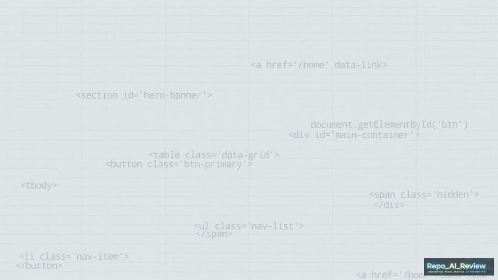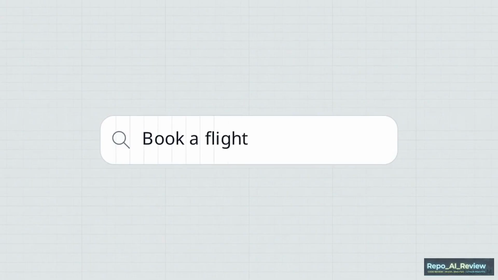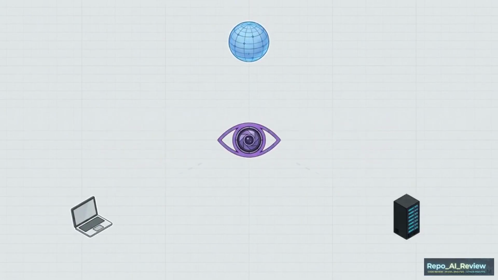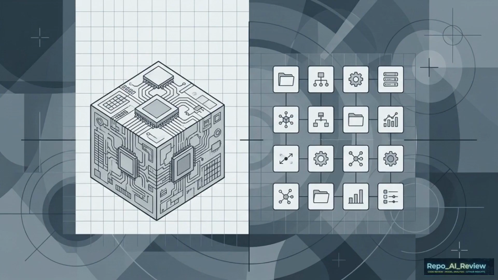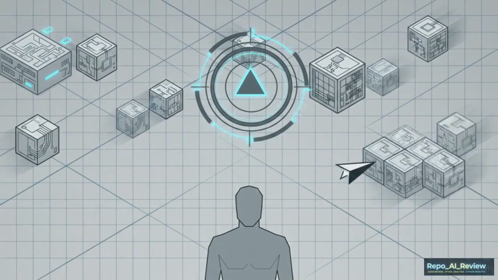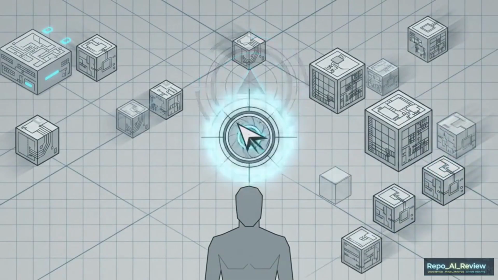We are moving away from the process of writing rigid scripts that hunt for hidden HTML tags. We can now issue conversational instructions to an agent that perceives the visual interface exactly as we do. By standardizing how an agent sees and acts across local machines, remote servers, and browsers, UI-TARS creates a reliable layer for computer use agents. It effectively turns any operating system into a shared workspace where digital assistants can navigate the same